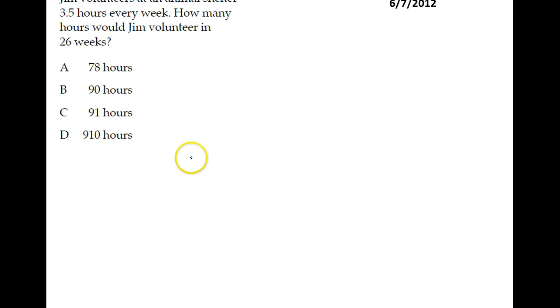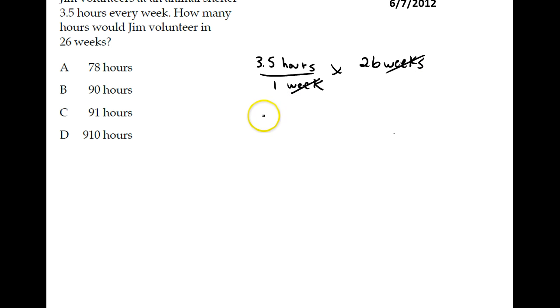Okay. Jim volunteers at an animal shelter 3.5 hours every week. 3.5 hours every week. How many hours did Jim volunteer in 26 weeks? And so we're going to multiply. The weeks would cancel out. We take 26, we multiply it by 3.5,